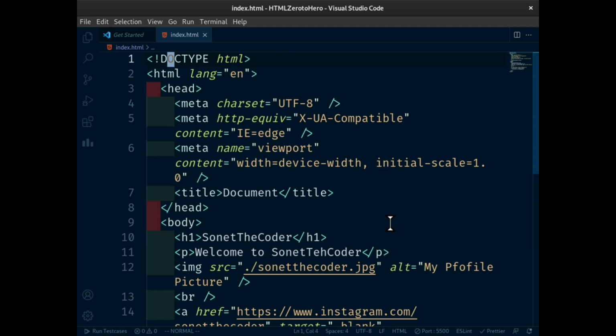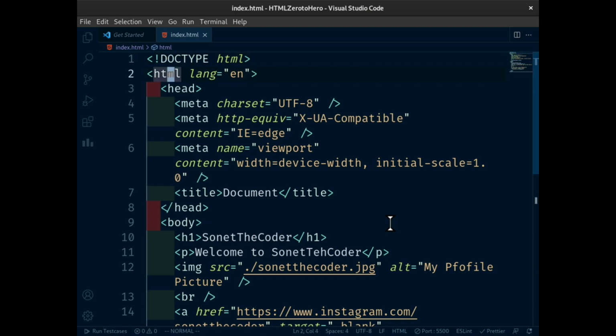And honestly nowadays most of the browsers are very smart. They could easily understand which code is HTML5 or 4, whatever. But it's a good practice, because maybe some ancient browser like Internet Explorer might still have some issue with HTML compatibility. So make sure you include this doctype. Okay,